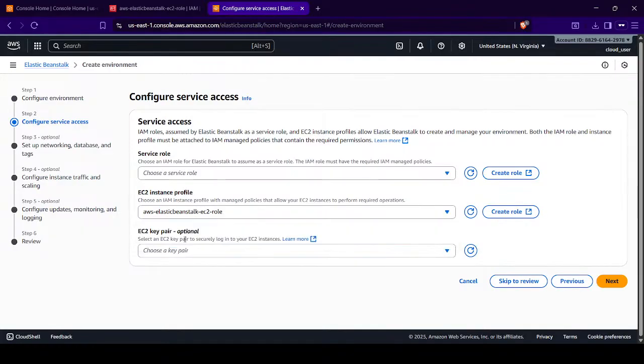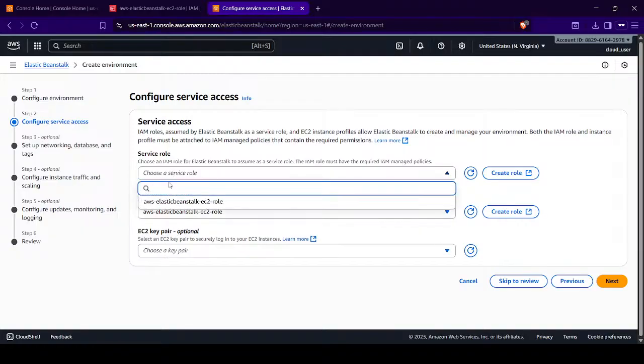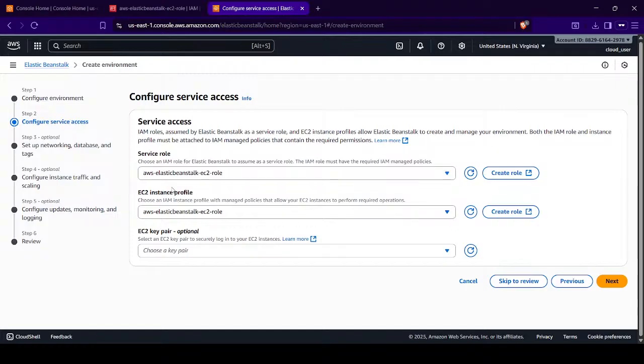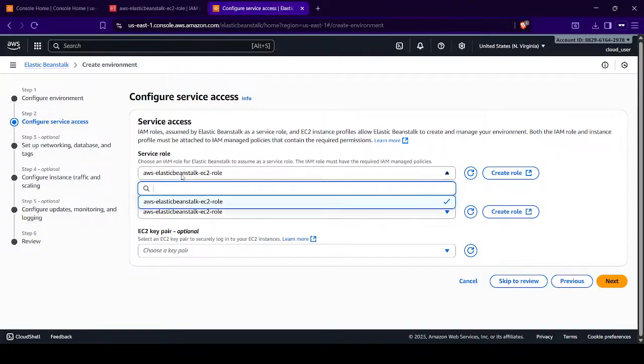That role is selected. Practically an EC2 key pair must be there, but for now we can ignore that. Once the service role is selected as this,